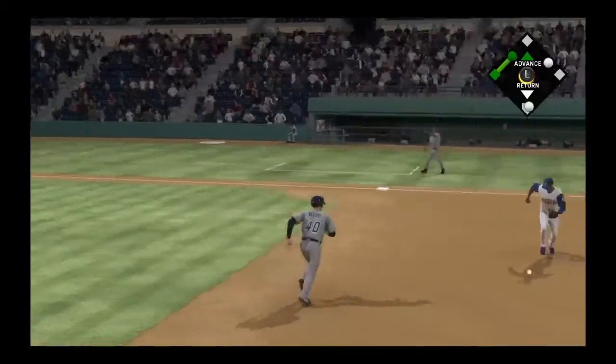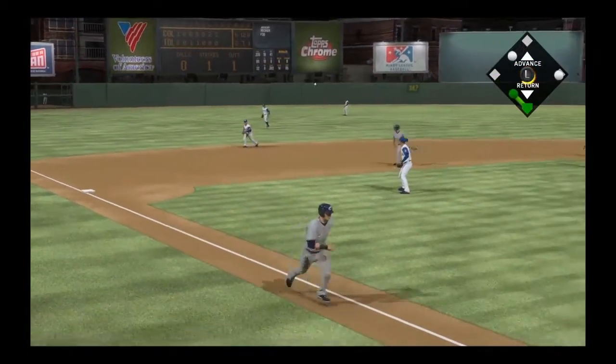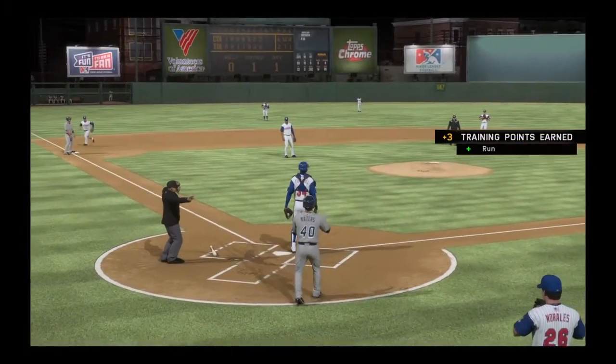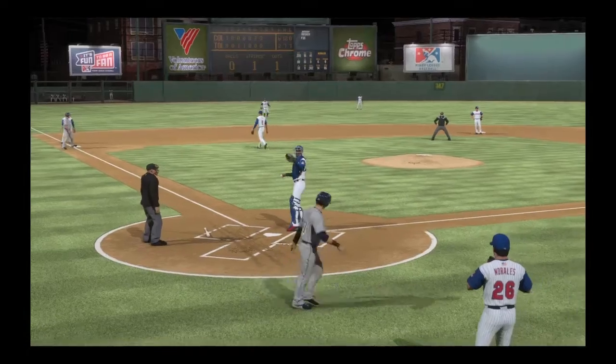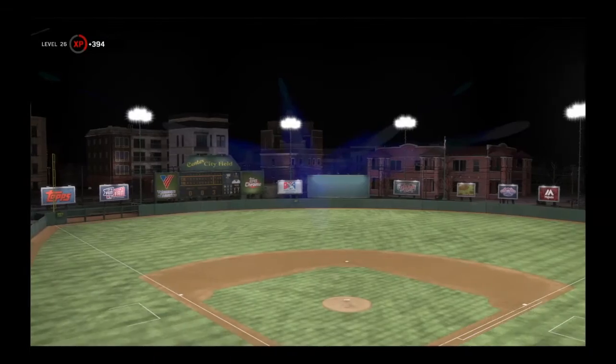To the hole left side, and it's through. A base hit around third and being waved on home. He'll come home with it, and this will not be close, and the run will score easily. Well, and if this game's not totally in the bag now...